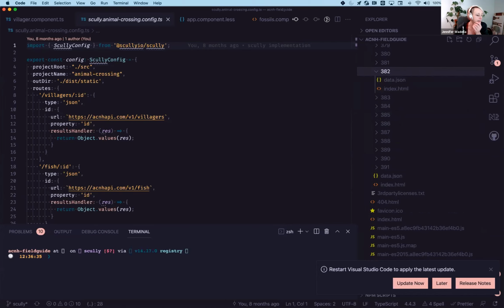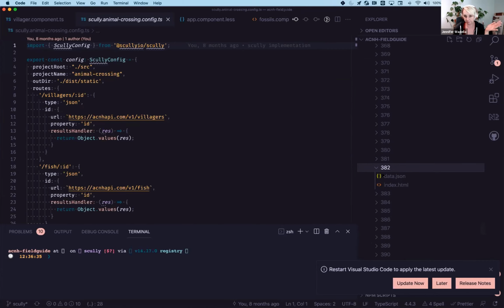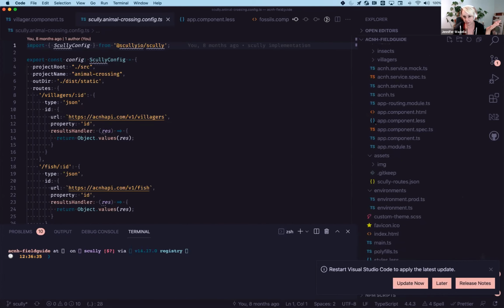And I see a question: how does Scully interact with the TypeScript of a component? Scully doesn't explicitly yet. In the scenario that we've talked about now, what is happening is we are using Puppeteer to serve our Angular application, and all Scully is doing is copying everything loaded in the browser at that point and slapping it in an index.html file. So it doesn't care about our TypeScript component code because it doesn't need to. It's just taking whatever a user would see that the TypeScript code has wired up in our component. So let's look at the source code I have here for an example.